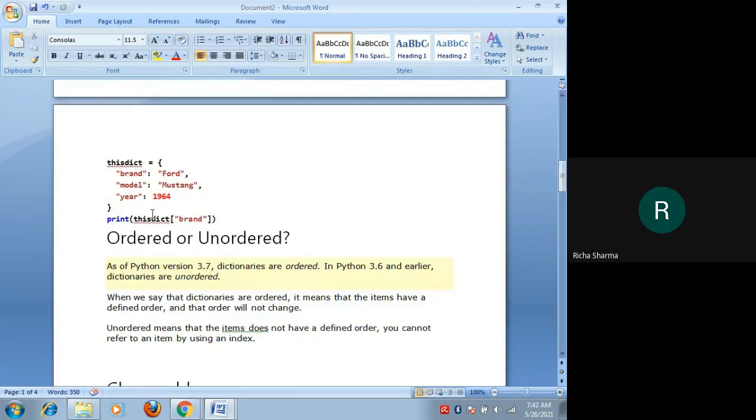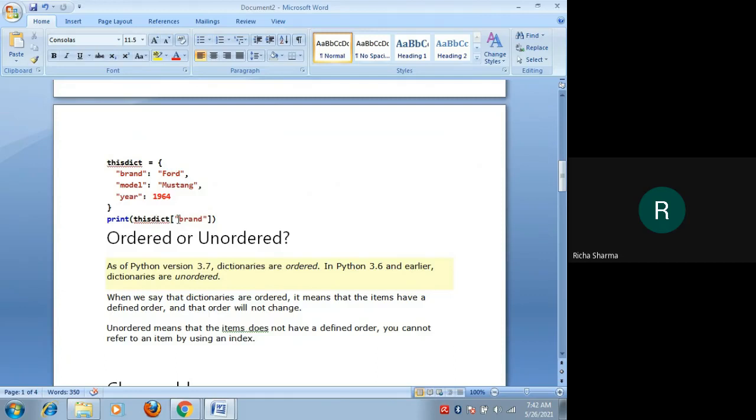What is the brand value? So in this case, to print the brand value, we will pass this dictionary, and in this dictionary we will pass this brand in square brackets. In this manner we can access the particular member or the particular key value pair of this dictionary.